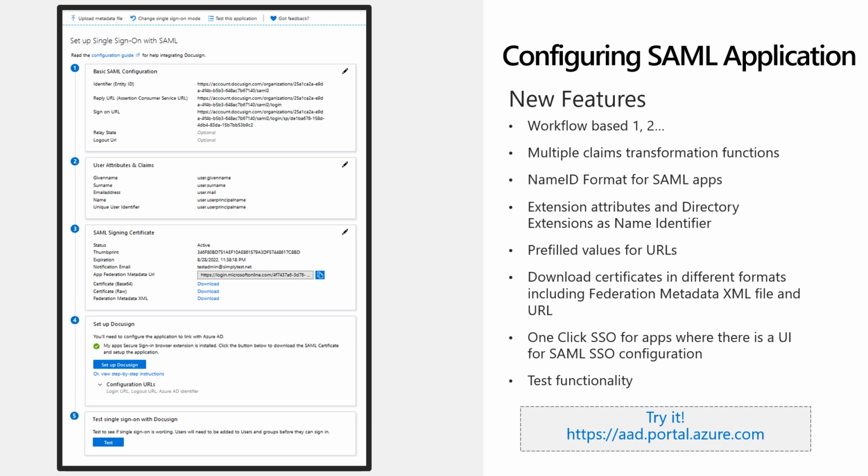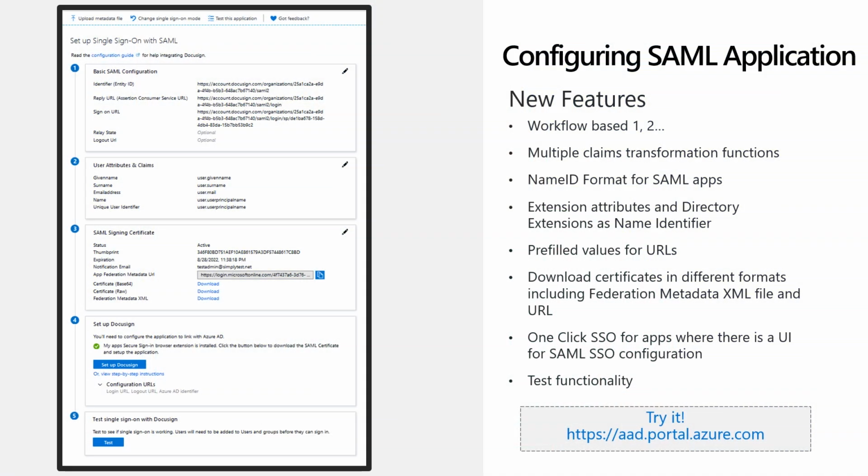Extension attributes 1 through 15 are placeholders which we have given you, which you can utilize from your Azure AD Connect. These are the Exchange attributes basically, and these are the 15 placeholders. So you can sync any of your on-premise Active Directory schema values into those extension attributes and sync that into the cloud. That's how these values will be available in Azure Active Directory.